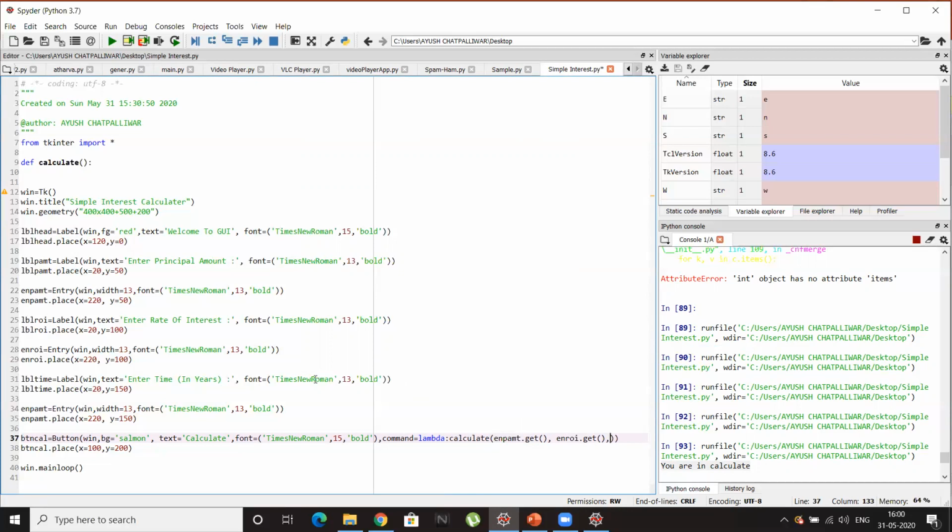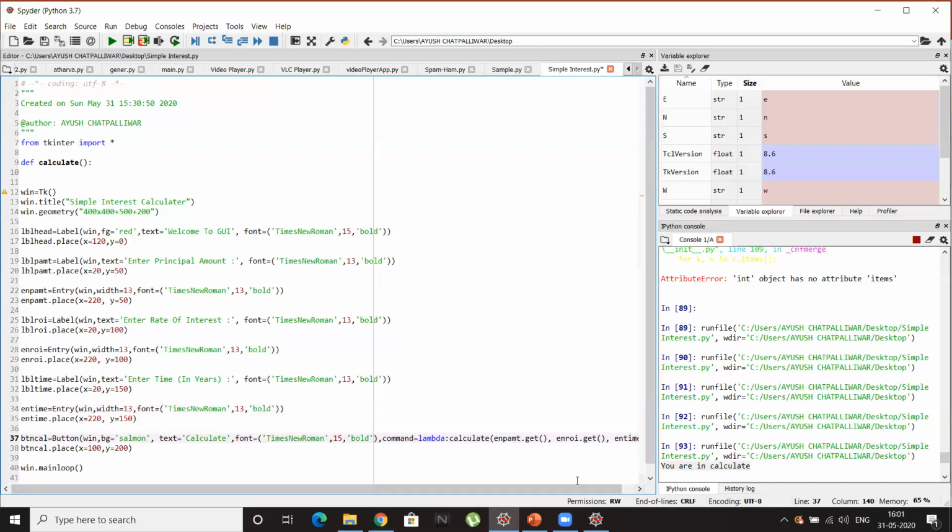Similarly, we will do the same for the entry box of time. Oh sorry, we haven't changed the name of the entry box for time. We'll change the name first, EN time, and we'll pass this to the function, EN time dot get.